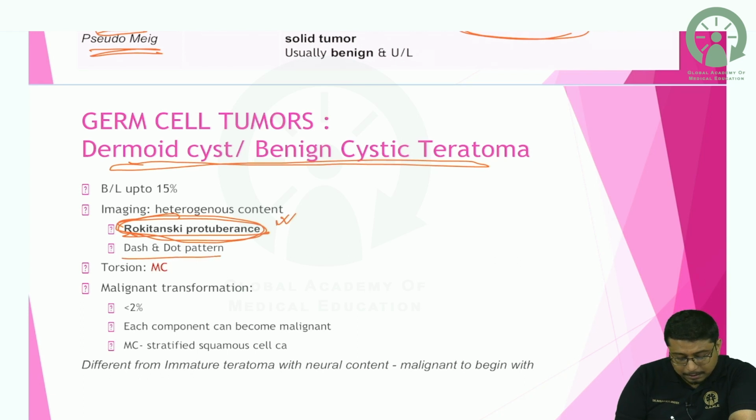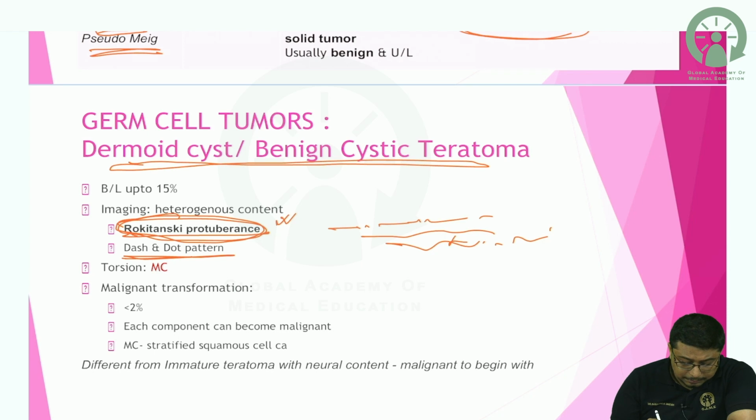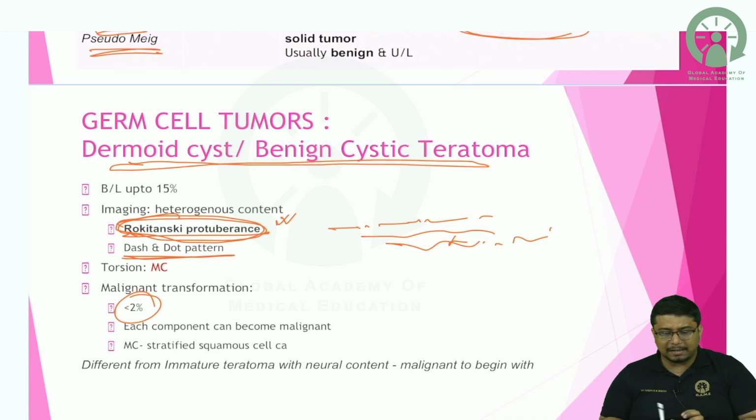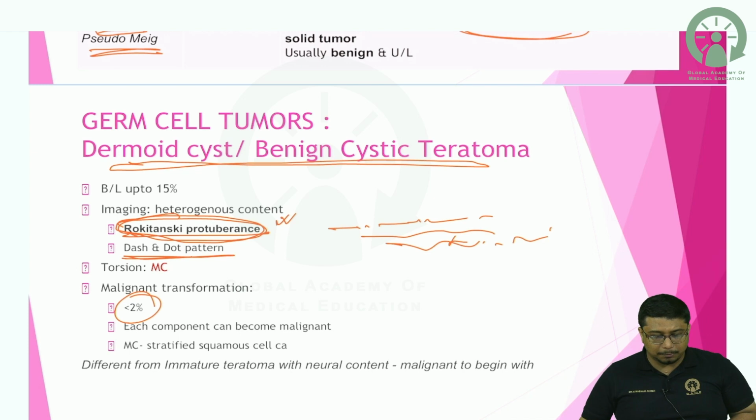And the dash and dot pattern is like hairs and nails, and this irregular pattern that is seen is known as the dash and dot pattern. So less than 2% malignant conversion, and there is no particular malignant tumor that is associated with it, because there are components from all three layers, so each component can lead to